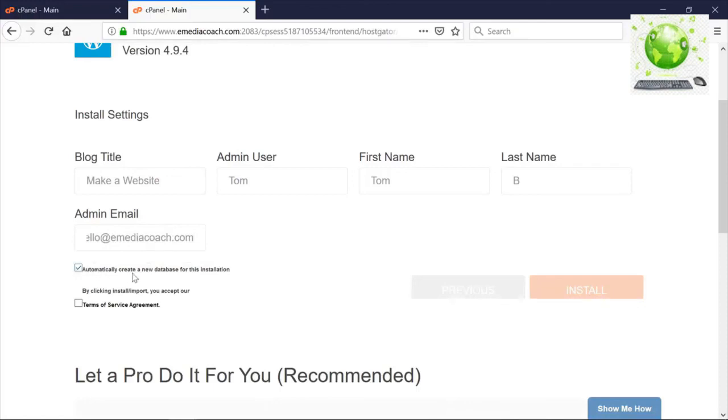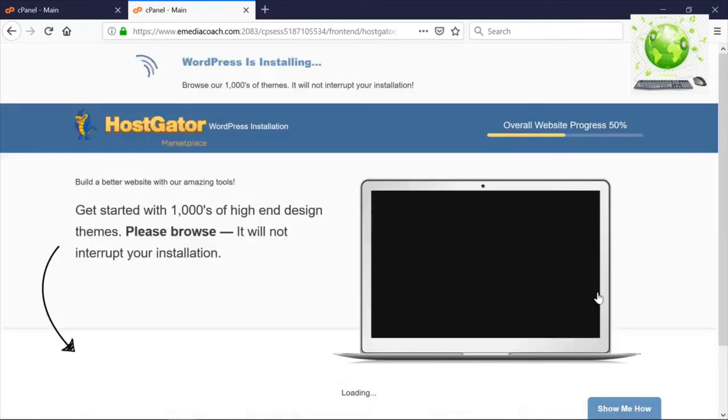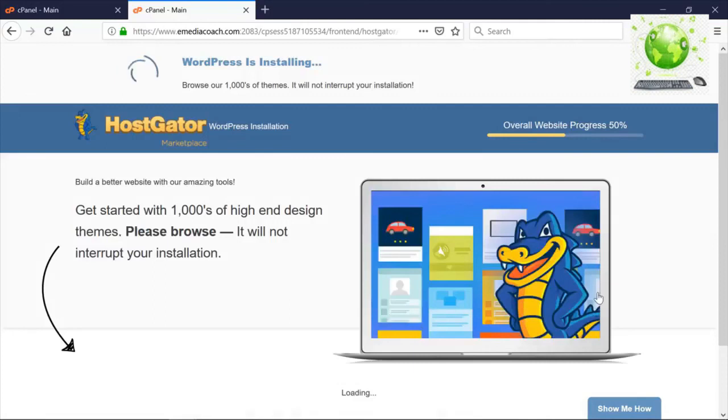And leave this checked. Yes, we want to automatically create a new database, and we agree to the terms of service, and then click install. What it will do now is take a minute or two to install the amazing WordPress